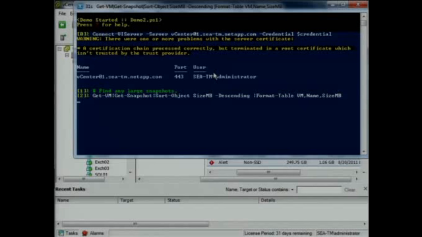I want to get all the VMs. For those VMs, I want you to get every snapshot on the system. I want you to sort them by the size in megabytes, descending, meaning give me the biggest one on top, and then format a table showing me the virtual machine, the name of the snapshot, and the size in megabytes. That's your problem. You just ask the question, and then PowerShell goes off and it does its thing.